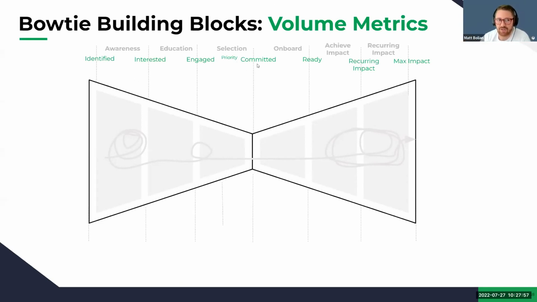I don't like "close one" because we're going to change to customer-centric "committed," right? So someone's committed, saying, I believe that the impact you said you can deliver, I'm committed to attempting to work with you to create the impact in my life. So they then onboard and they're ready, they're live. And now, just because they're onboarded, have they achieved the impact? Are they achieving the impact that you said? There needs to be some trigger, like a recurring impact. If you have a 6-month contract, did they renew? Yes or no? If they renewed, they have decided to renew with you, and now they are moving to recurring impact, which is where you want to go. So that's how this funnel works.